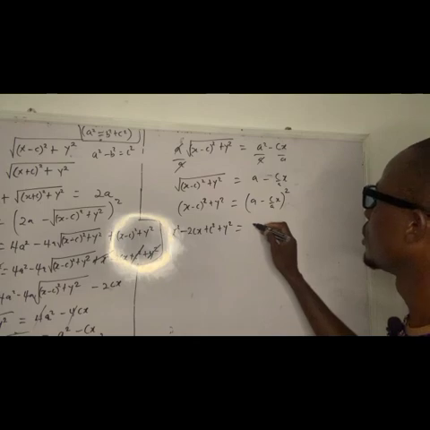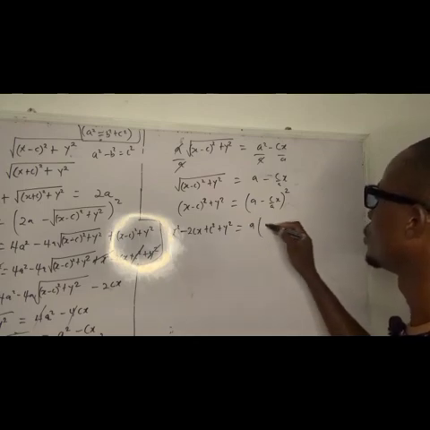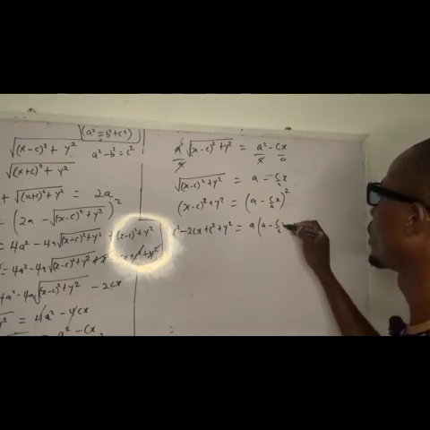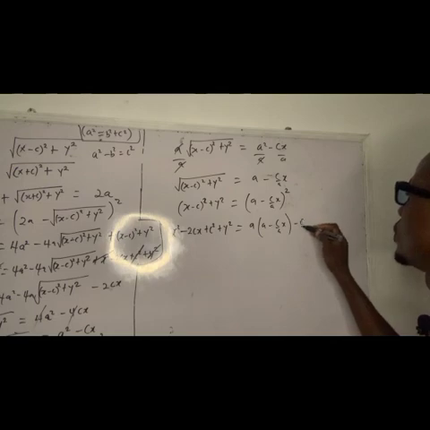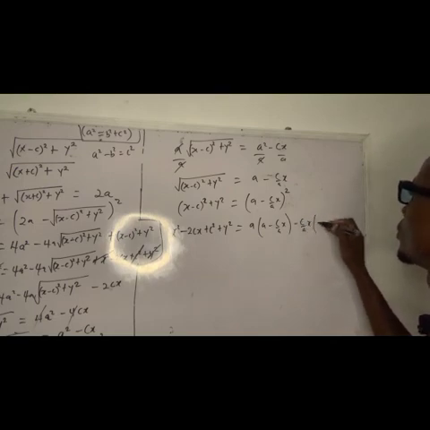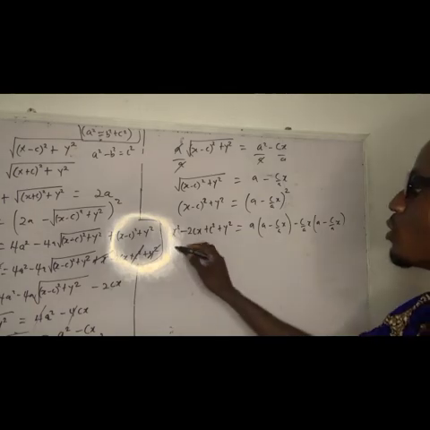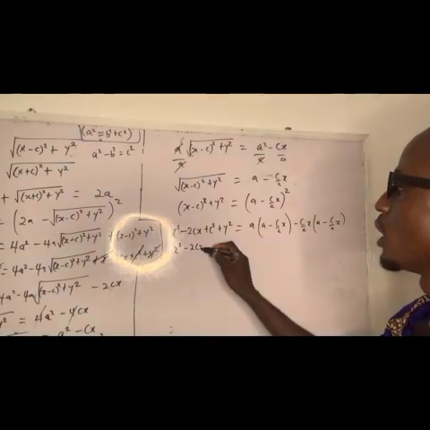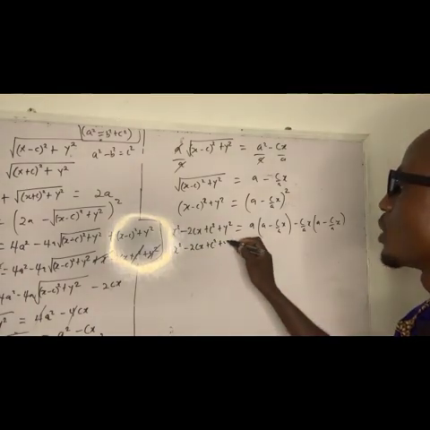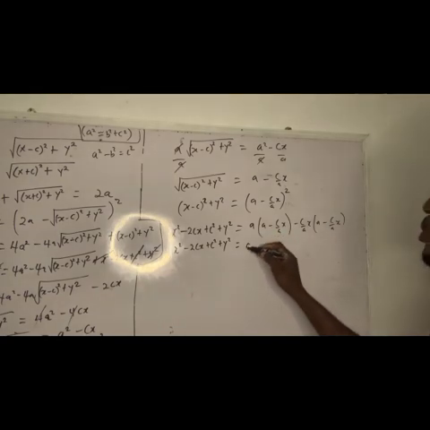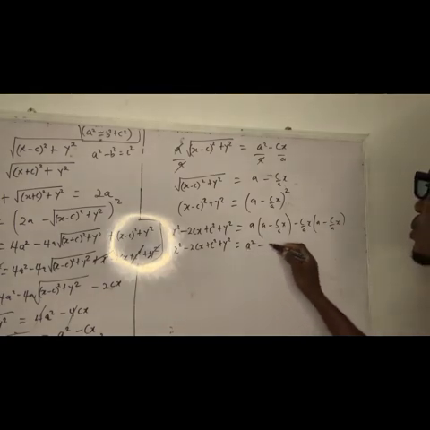We be having a into (a minus c over a x), then minus (c over a)x into (a minus c over a x). So x squared minus 2cx plus c squared plus y squared is equal to a squared minus